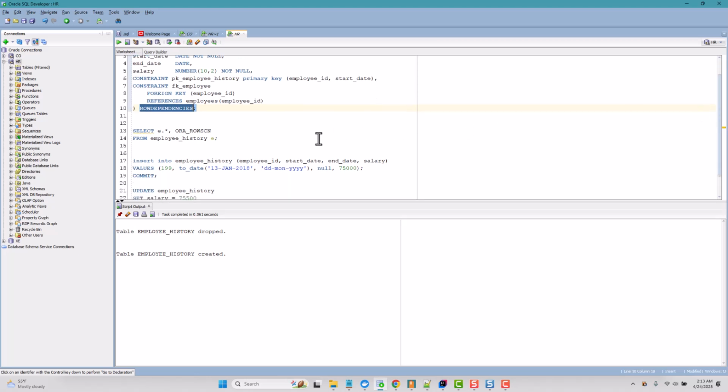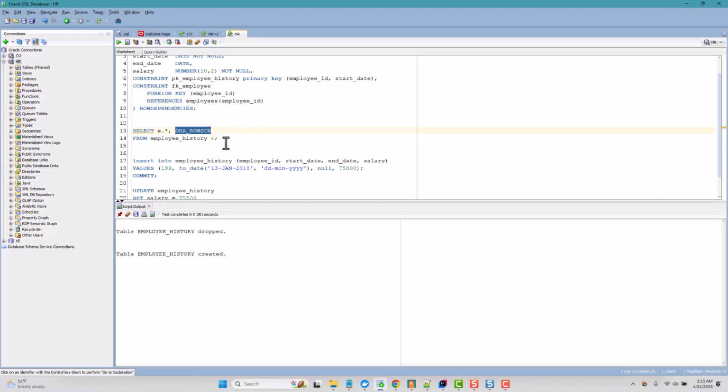And what it's going to allow me to do is I can select any row and have its ORA_ROWSCN value. After it's been committed, I can see that value. And anytime that I apply any update or any insert, it's going to add that ORA_ROWSCN value and